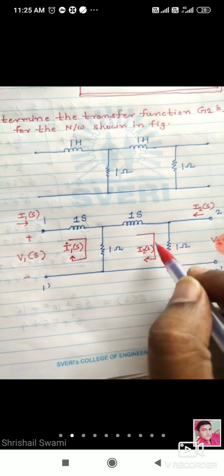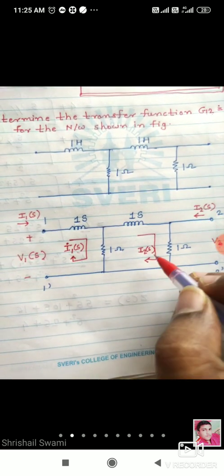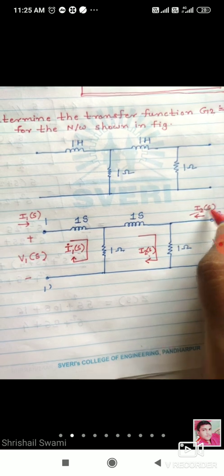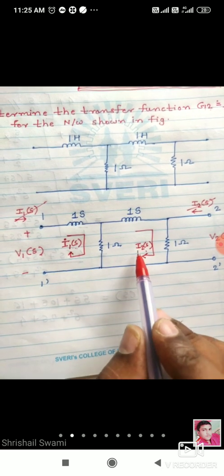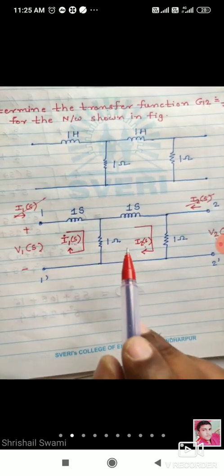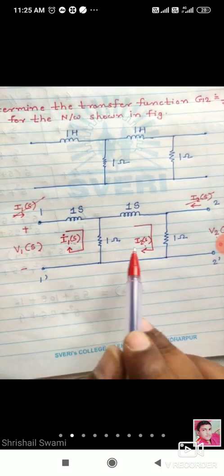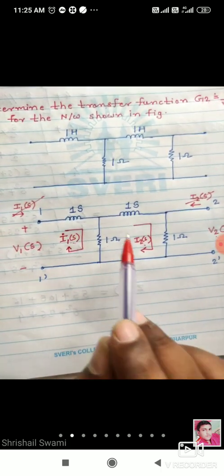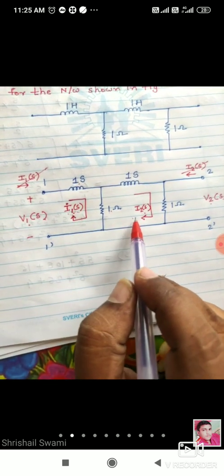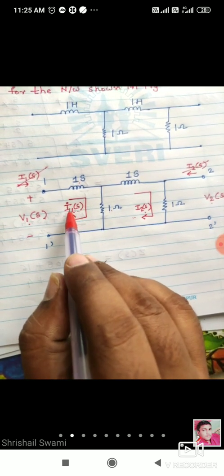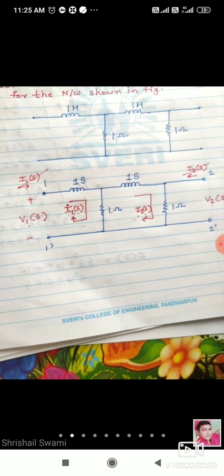किंवा नाव बदलू शकता. ह्या दोघांमध्ये जर कन्फ्युजन होत असेल, this I2 and this I2 will be different. ओके, किंवा हे मेन्शनच करू नका, don't mention here. ओके, directly you can write I1 of S and I2 of S as mesh current. ओके, हे टू पोर्ट नेटवर्कचे करंट नाहीत. दीज आर कॉल्ड एज मेश करंट विच आर फ्लोइंग इन पर्टिक्युलर लूप. आता V1 of S म्हणजेच काय, I1 of S into 1 of S प्लस I1 of S into 1. ऍक्च्युली 1 मधून दोन्ही करंट फ्लो होतात, I1 ऍज वेल एज I2. मग काय घ्यायचं, जेव्हा KVL इथं अप्लाय करतो त्यावेळेस I1 मायनस I2 घेतो. बरोबर आहे. सो रिकॉल द मेश अनालिसिस, रिकॉल करा.